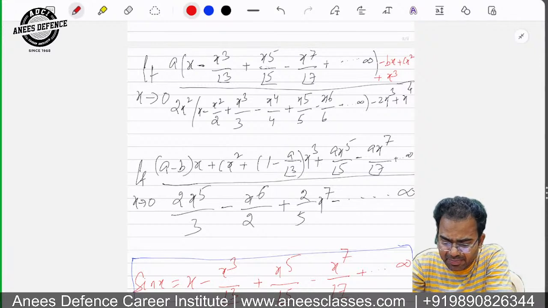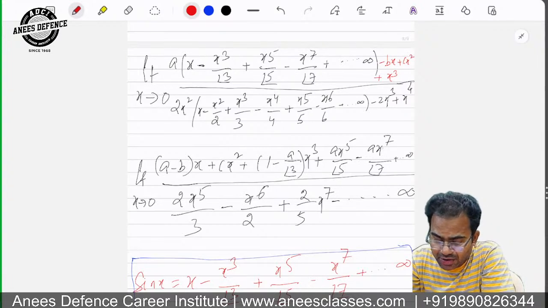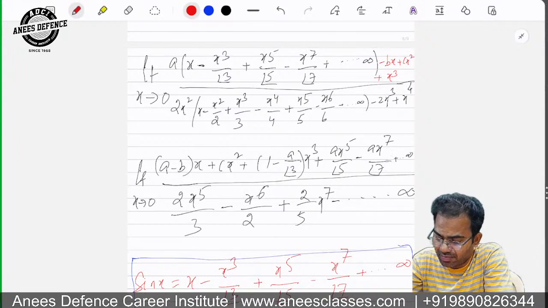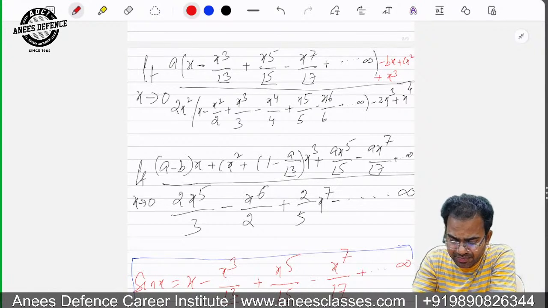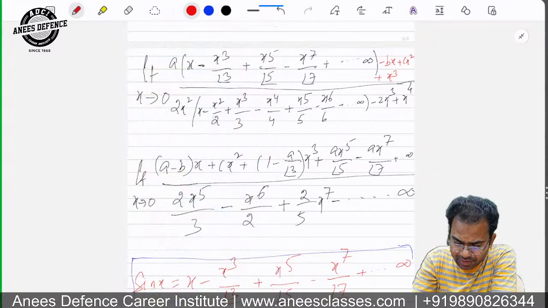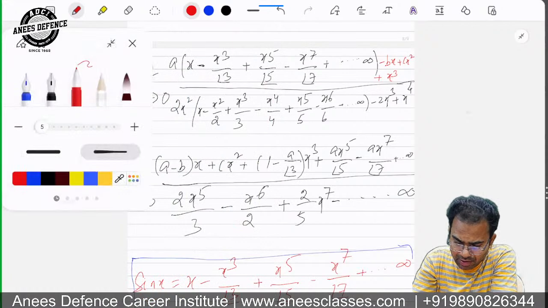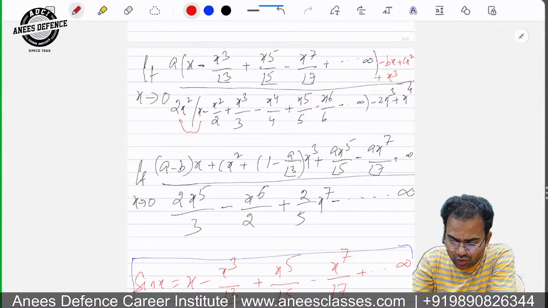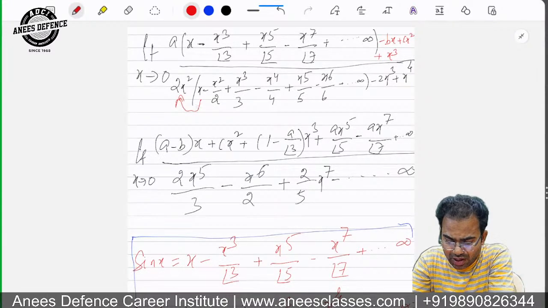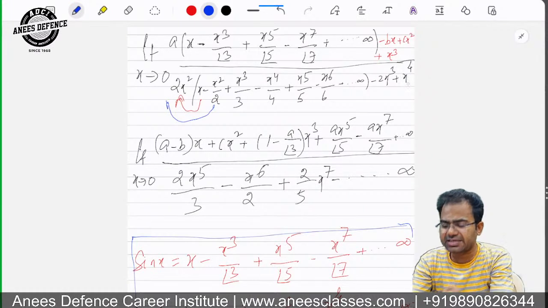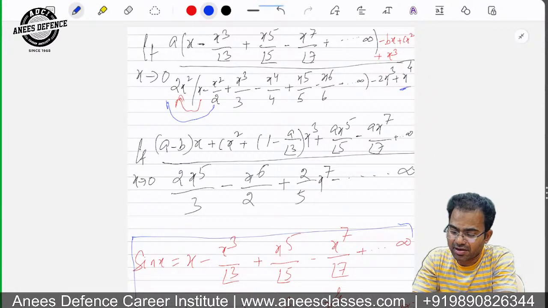फिर प्लस अगर मैंने अंदर a से मल्टीप्लाई किया तो a इंटू x टू द 5 अपॉन फैक्टोरियल 5 माइनस a into x to the 7 upon factorial 7 plus dot dot up to infinity। नीचे मैं अगर 2x स्क्वायर इंटू x से मल्टीप्लाई करूं, तो ये 2x क्यूब होगा। अब मेरे पास माइनस 2x क्यूब पहले से है, दोनों कैंसिल होके 0 हो गए। फिर 2x स्क्वायर को मैंने माइनस x स्क्वायर बाय 2 से मल्टीप्लाई किया, तो आएगा माइनस x टू द 4। मेरे पास पहले से प्लस x टू द 4 प्रेजेंट है यहां, राइट।